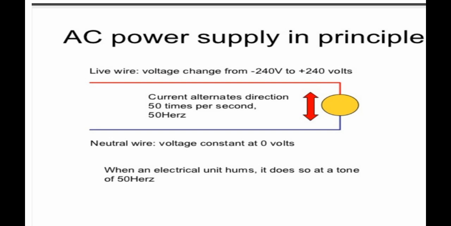The AC power line is a simple principle. The live wire will be at 220 volts, and the neutral wire will be at 0 volts, because the neutral wire functions only as a return path. In the previous lesson on AC and DC, we have seen that the graph for AC is a sinusoidal graph. There we have seen that it forms 50 cycles per second, that is, it completes the cycle 50 times in 1 second. So the frequency of the supply is 50 hertz for us.